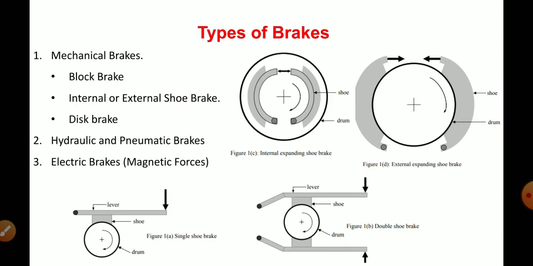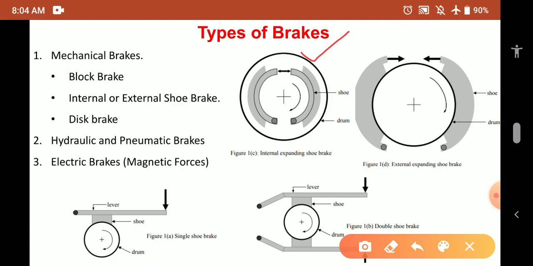Then next it is type of the brakes. So basically there are three main types of the brakes. One, mechanical brake, hydraulic or pneumatic brakes, and electric brakes. Okay, so mechanical brakes are operated by means of the mechanical levers or mechanical elements. Then again these mechanical brakes are classified into different categories, that is block brake, internal or external shoe brake, disc